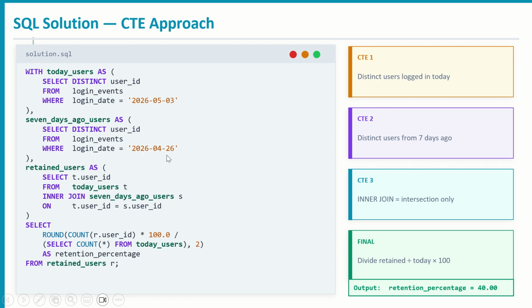Now the question is that we want to find those users who have logged in today and also during the last 7 days. Then we would have changed this to where login date is between 3rd of May and 26th of April. But here the question is simply who have logged in today and also on 26th of April. Then we will find the intersection of these two, or the combination of these two, using the third CTE,